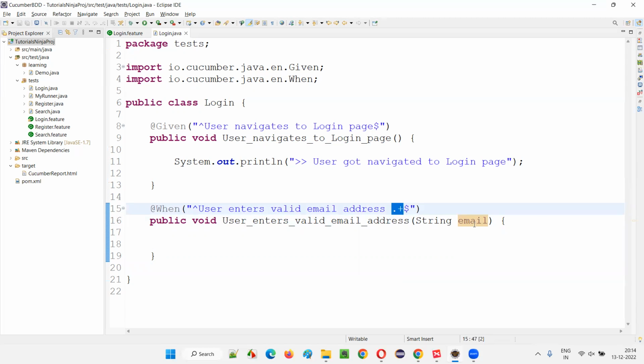To make this particular thing pass as a value to this parameter of this method, I have to surround this with circular brackets. This is why we need circular brackets. You see, now the highlighting is gone, so it will work fine. So this is how we have to learn the regular expressions, guys. So "user enters valid email address", dot plus, which is surrounded by circular brackets, means it will be passed to this parameter. Now here I'll write down